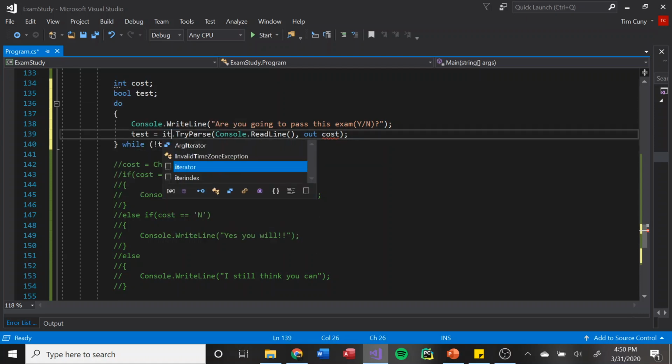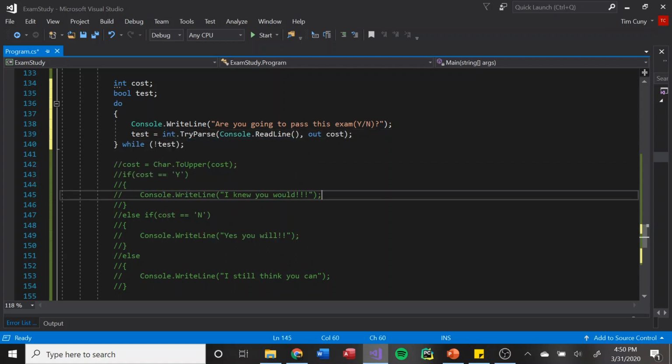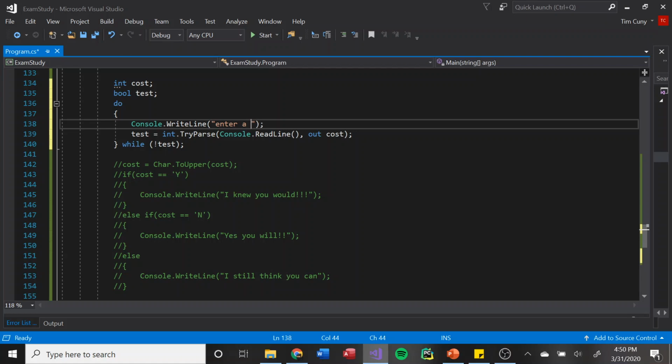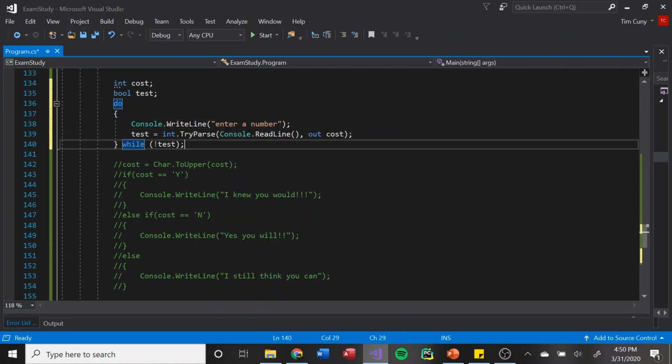Change that to an int. Enter a number. So that question, number 10, is essentially asking